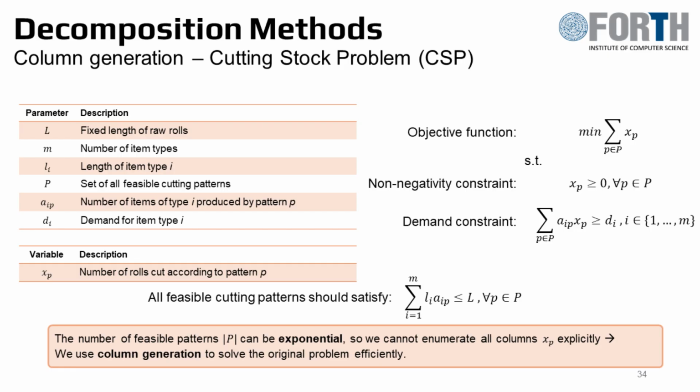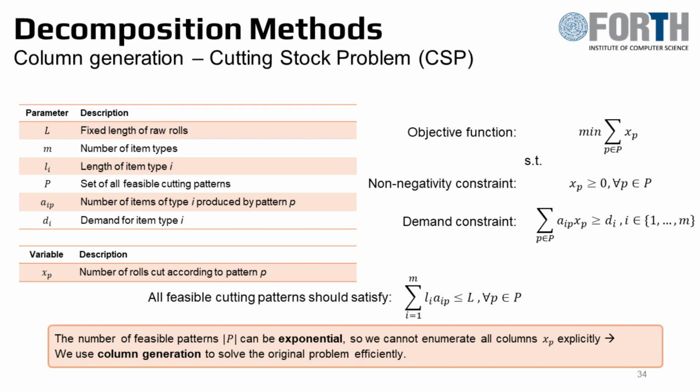The objective is to minimize the sum over all patterns p of Xp. This corresponds to minimizing the total number of rolls used. Subject to A, non-negativity constraints, Xp greater than or equal to 0 for all patterns p. B, demand satisfaction constraints. For each item type i, the sum over all patterns p of Aip times Xp must be greater than or equal to Di, that is the demand of type i. Additionally, every feasible cutting pattern must satisfy the capacity constraint. The sum over i from 1 to M of Li times Aip must be less than or equal to L